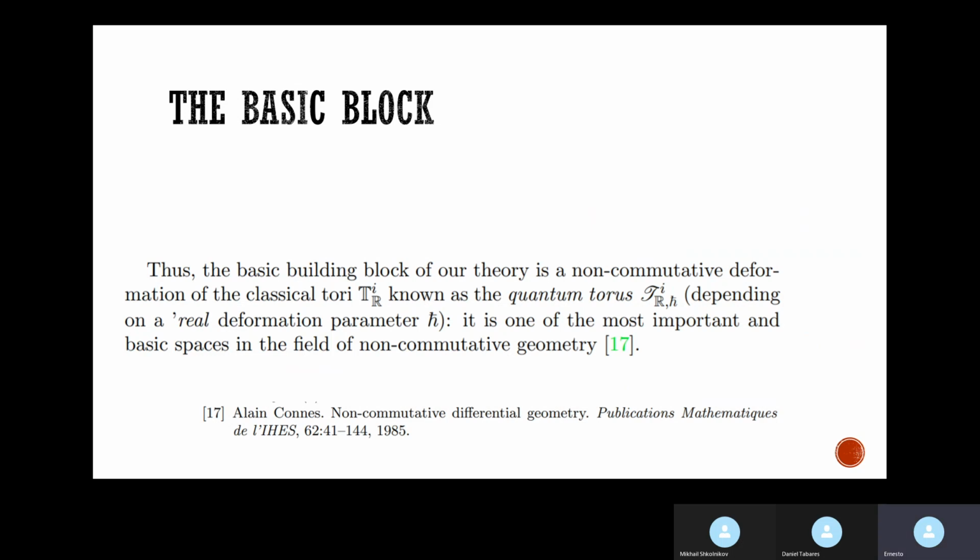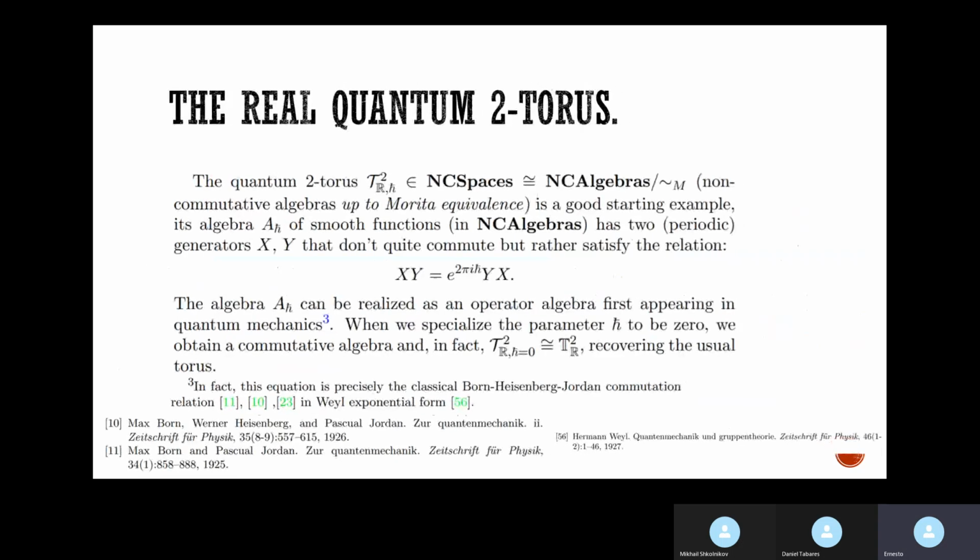And I already mentioned last time, so I will say very quickly, what most people think of the non-commutative torus, or the quantum torus, is they think of it as an algebra. It's a slightly, frankly not horribly, non-commutative algebra. It has two generators, and they don't quite commute, but when you try to commute them, this factor appears. For us, in this theory, in this modular space, it will be important that H bar is a